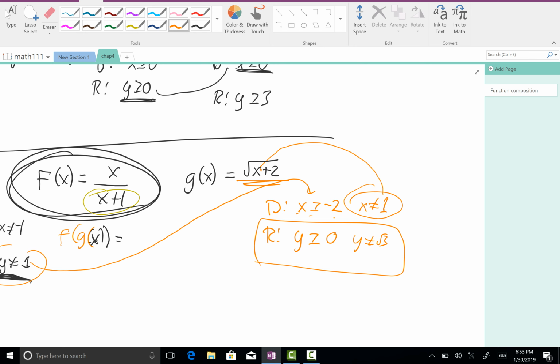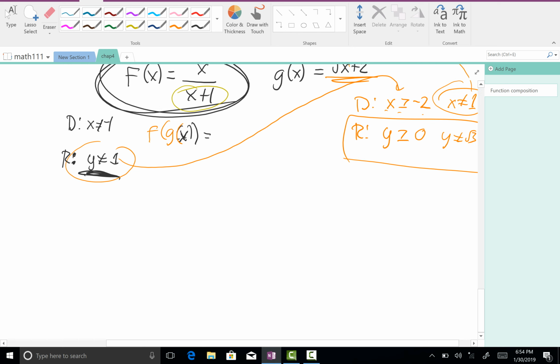Any more good questions about that composition or anything? Did you want to see more examples of composing some functions, or are you okay with that? I mean, I'll give you some problems to work on. Yeah. So Mr. Patterson, on the previous note, I was saying that the output, which is the range of the inside of the brackets, becomes the new input of the function that's outside. Is that correct? Okay, so let's just